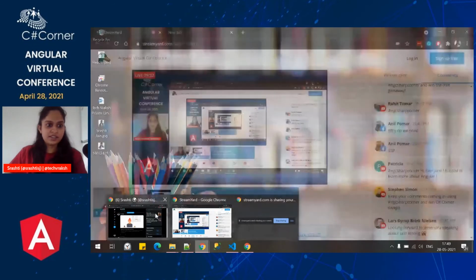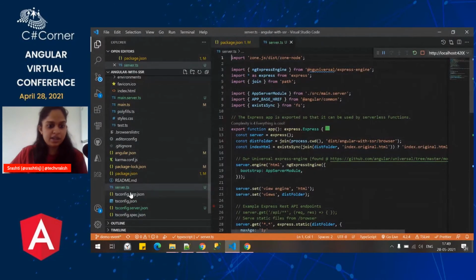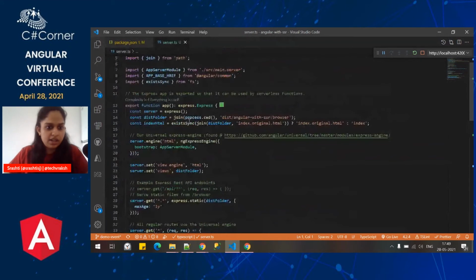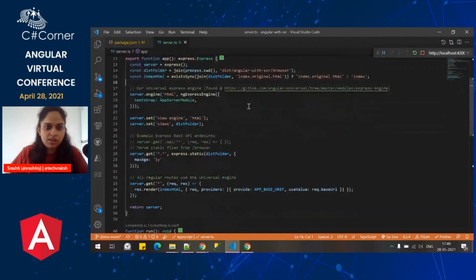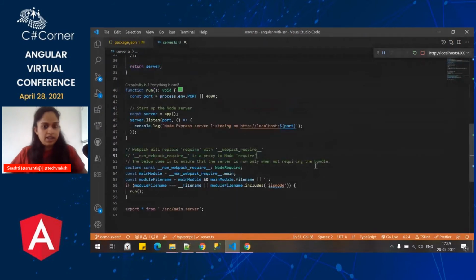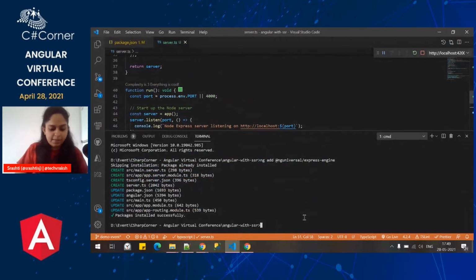Okay, so here's my server.ts file. Basically what they did is they created an Express server over here. It is just a file they added, and here we have our Express server, which we have connected with our dist folder. Wherever we deployed our browser build, it is connected with this, and then it will hit this page. Now let's try to run this application locally, and then you will understand what exactly is happening.